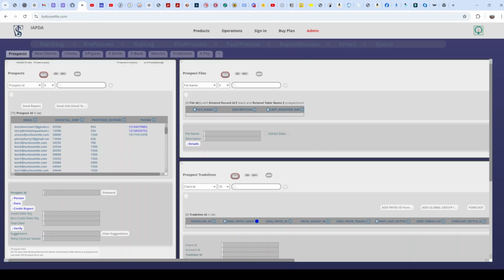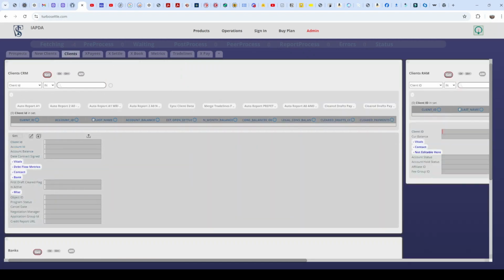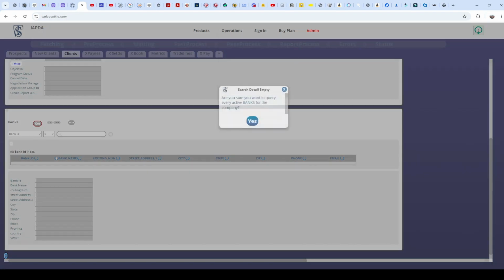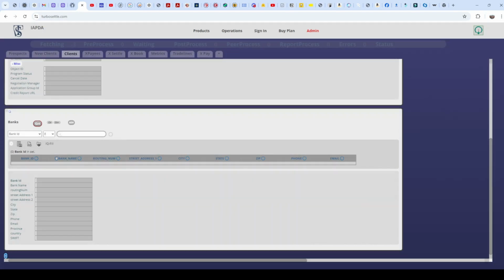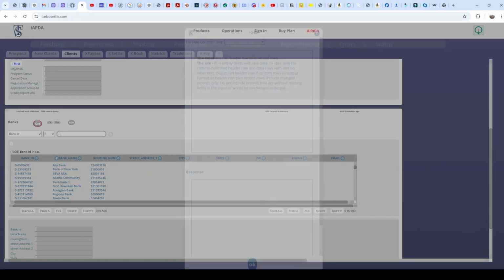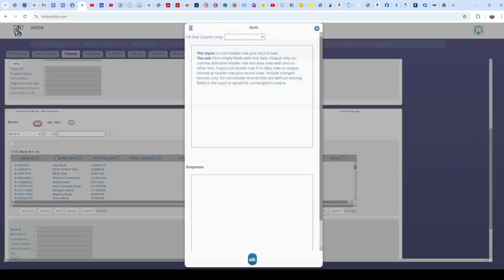Today we're going to show you how to extract data from ChatGPT into your data models. As an example, we're going to bring down about 1,000 banks from our server and show you the missing data and how we're going to fill it instantly just by clicking the IQ Fill button next to the Edit and Add and Upload buttons. So we clicked it and you could see we could choose by bank name, email, whatever column